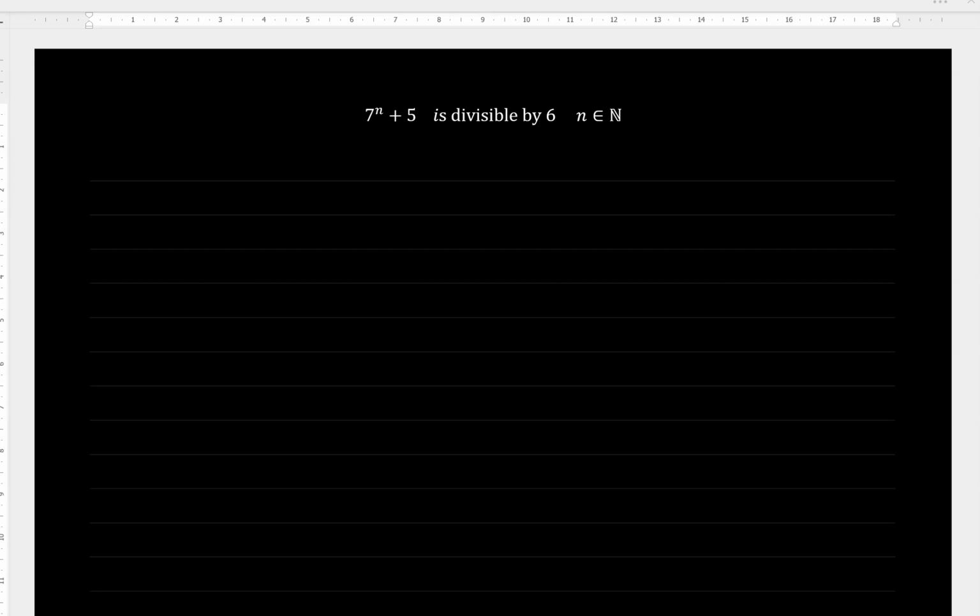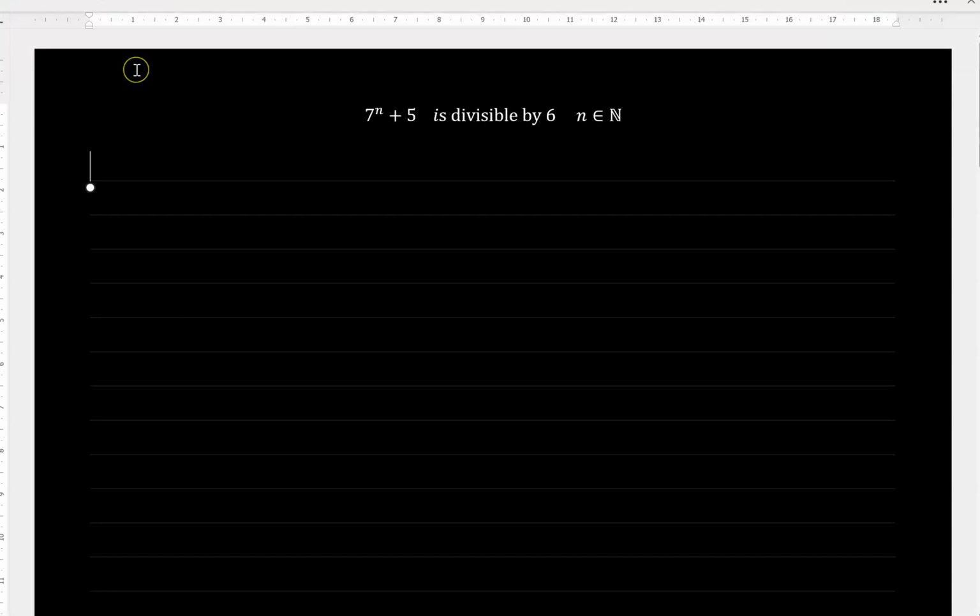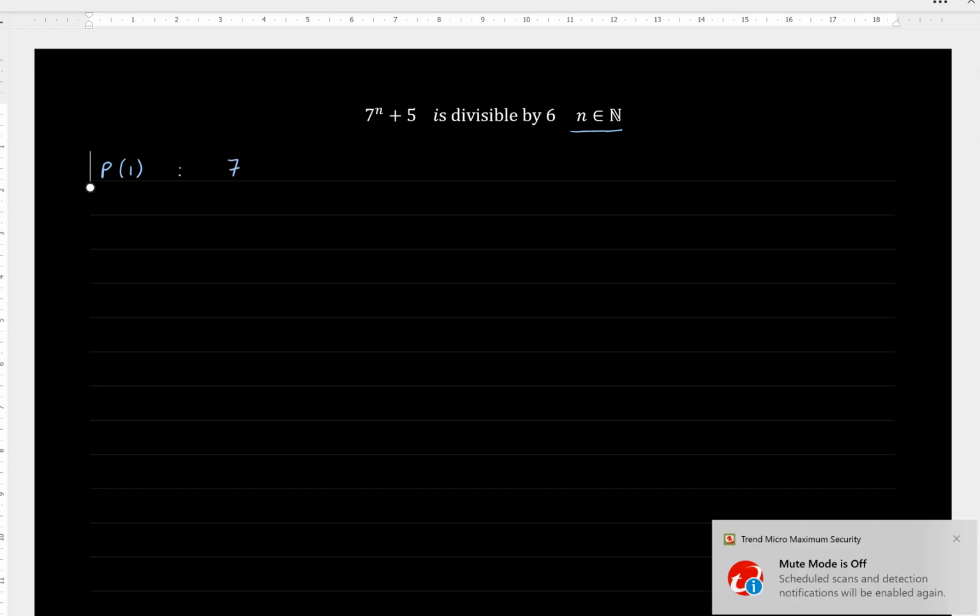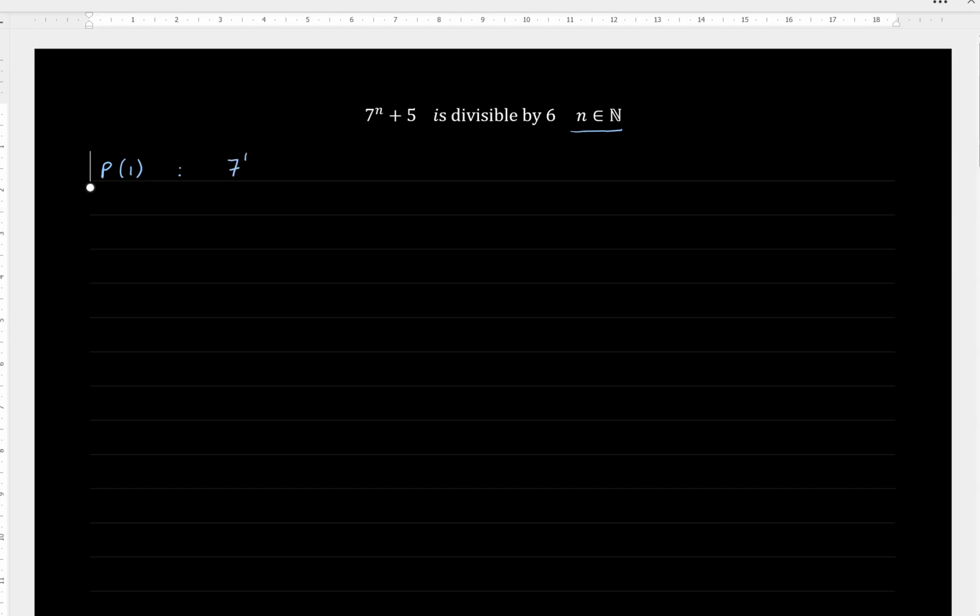Okay, so induction and divisibility follows the same process as we have done before. So we're going to start off with, let's just make sure we are clear just in case you haven't done it before. So n in N, that's just all natural numbers. And so like we've done on many occasions before, we're going to start with, let's prove P1. All right, so we end up with 7 to the 1